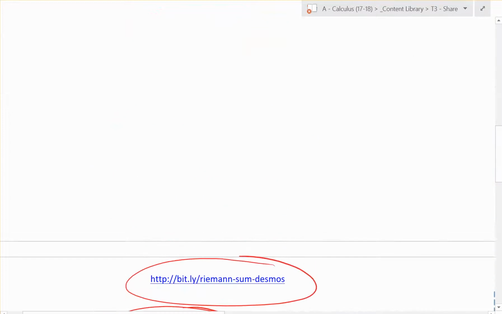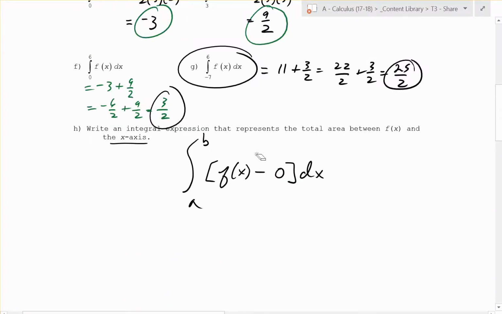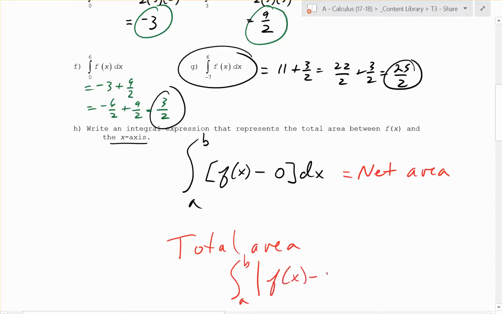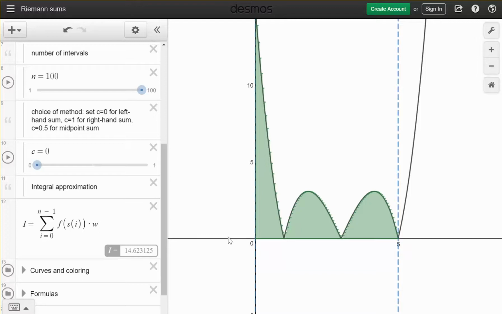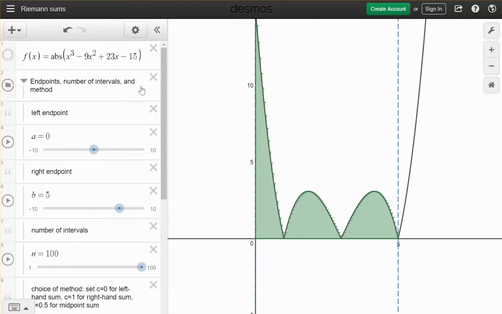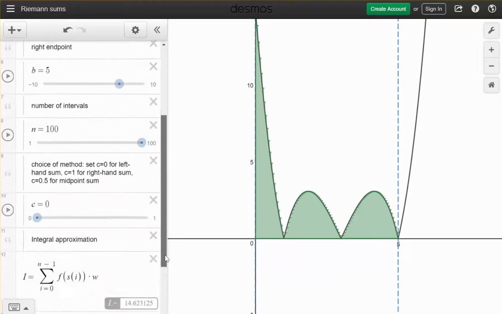So if we go back here, we need to change this a little bit. That would be the net area, meaning positive and negative added together. But if you want the total area, all you do is you change that original one from a to b of the absolute value of f of x minus 0 dx. Now it's 0 because it's the x-axis. It could be a different place. We can use a different function there sometimes, but if it's the x-axis, it's just y equals 0. So all I did here was I put abs in front. Abs means absolute value, and look what it did. It took this section and just flipped it above, reflected it over the x-axis, and now the total area,